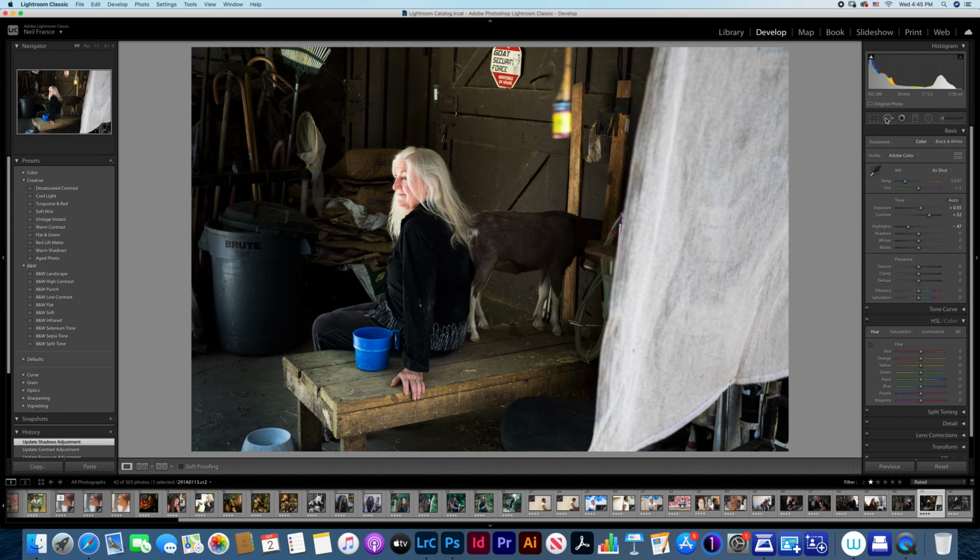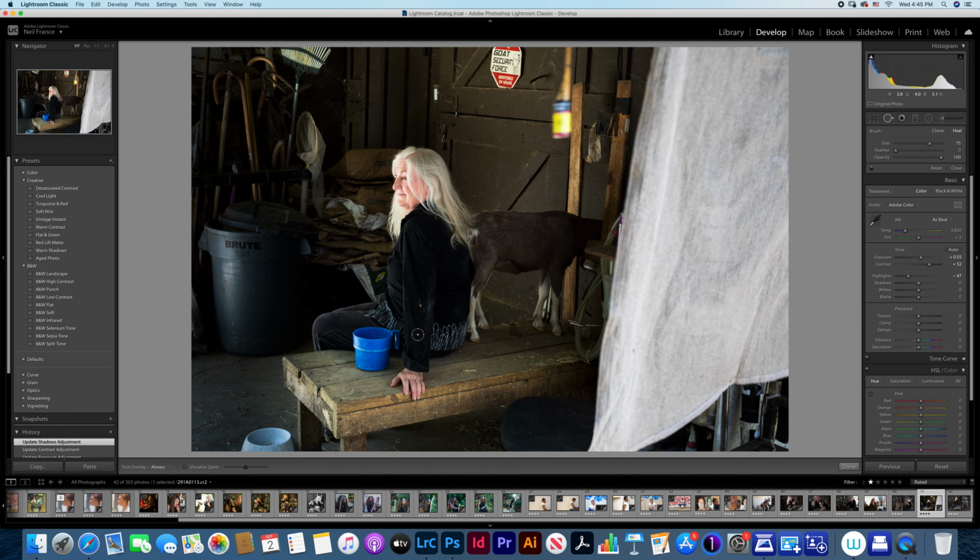There's a little thing right here on her arm. So we're going to grab this cloning brush. We're going to lower it by clicking on the bracket and making it smaller and just cloning that out. Okay? And then we're going to clone out this little thing right by her hair and this little thing over there. Just get rid of these little things that serve no purpose.